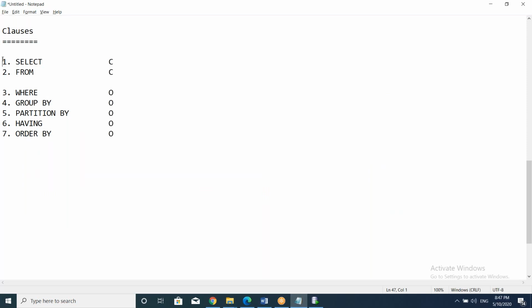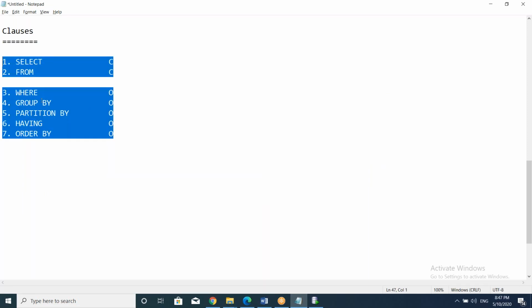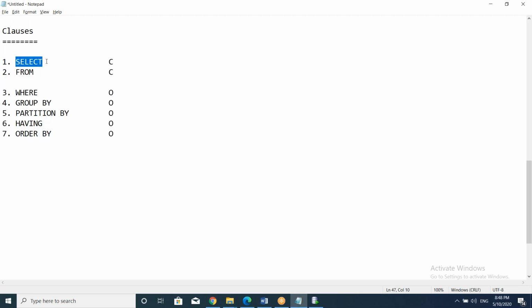Okay, and anytime you are writing any query, you have to refer to all these clauses and try to remember one concept here. One clause will be used only one time in a single query. Select will be used only one time. 2 times, 3 times, 5 times you cannot use. In one query, everything will be used only a single time. From will be used one time. Where, group by, having also will be used one time. Order by also will be used one time.